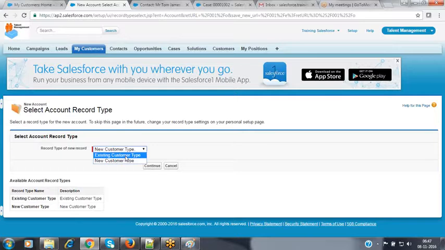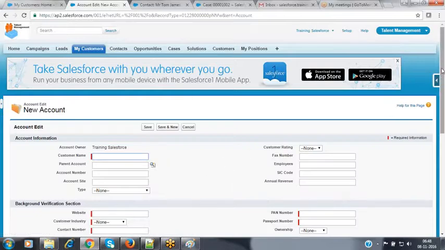In the same way, whenever you are logging into the ICICI Bank application, when you click on login, it is providing so many options here. Depending upon the option you have selected, the associated login screen is opened for you. In the same way, when you click on the new button, it is providing the options to you. By default, it is providing the new customer type as the default one. When I click on continue, it is providing that associated page layout to you.